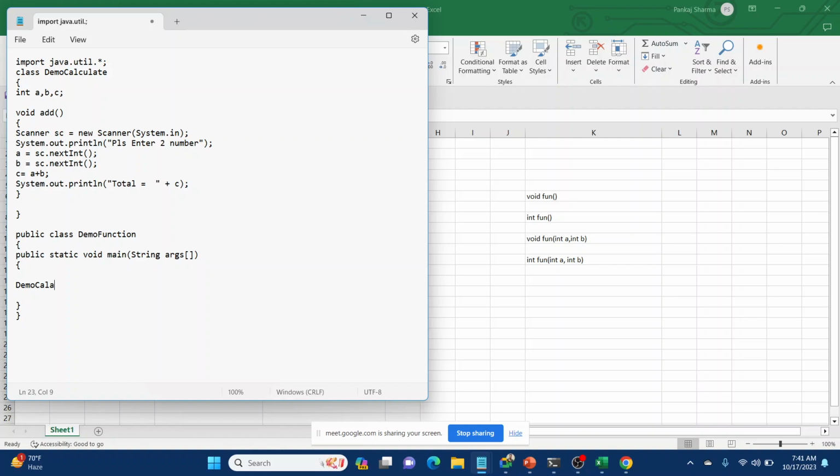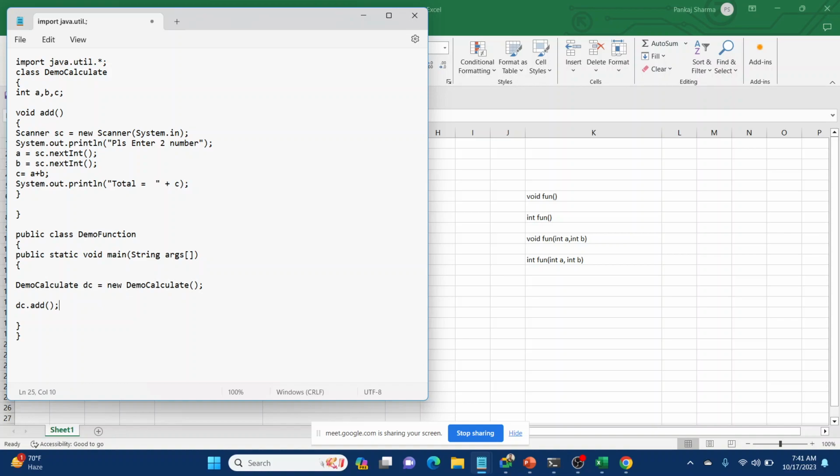So DemoCalculate dc is equal to new DemoCalculate(). We have created an object called dc of the class DemoCalculate. Now call the function dc.add(). So that's how we call the function: object dot function name.